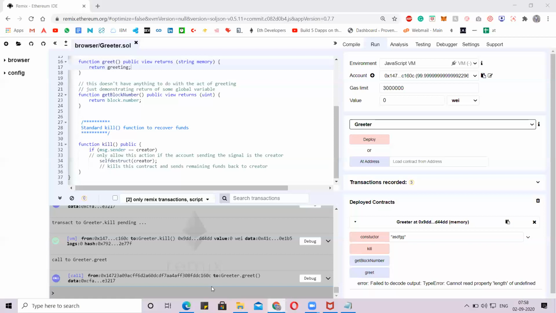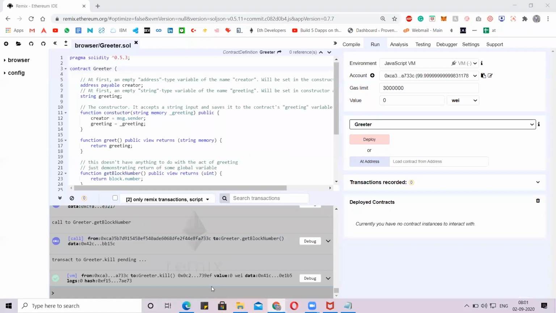So now we'll move on. I think most of you are now aware of the functionality of the smart contract, right? How the smart contract is working.